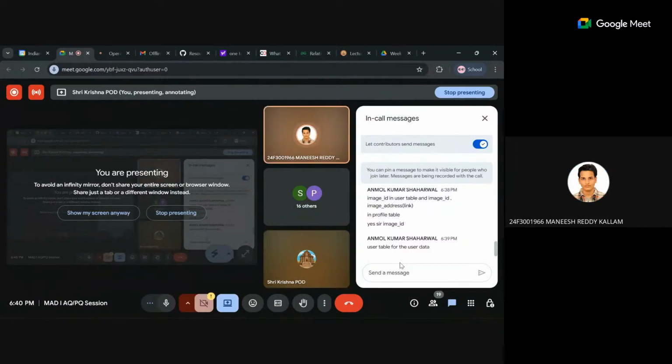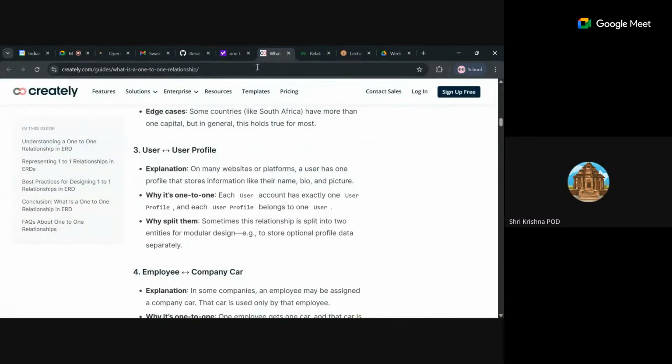Sir, why are we splitting into two, sir? Like user ID also could be in the user profile, right? Yeah, it is possible. So that's the point here. You have just asked a good question. They have taken this example as a one-to-one relationship, even though it is not compulsory to create a separate table